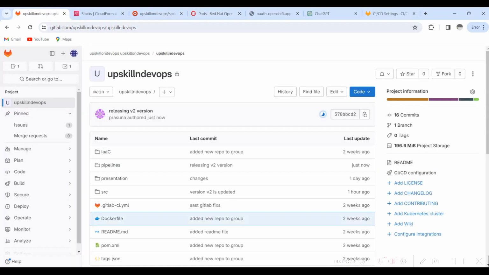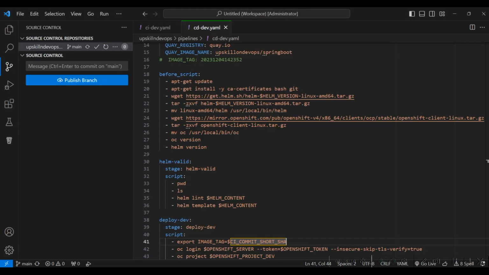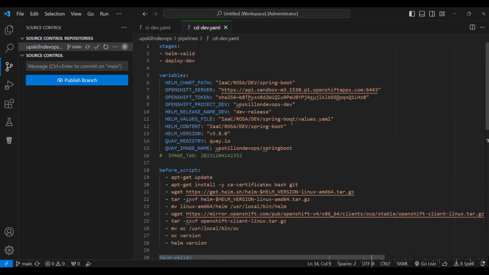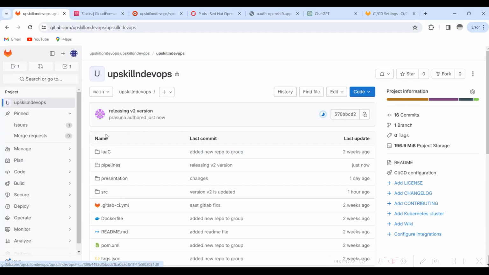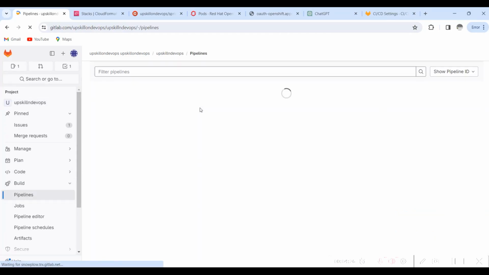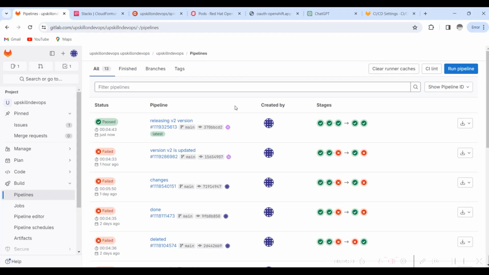Okay, so currently I have committed the changes. I have updated the OpenShift server ID and token. After updating, I pushed the changes to the repo. So let's see how the pipeline is triggered. Yeah, so it was just triggered for me now. I'm just clicking this one. The pipeline is successful. See,